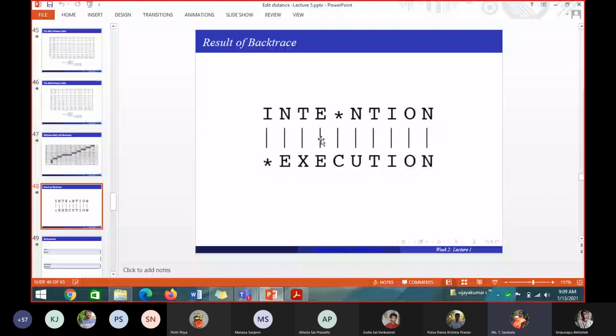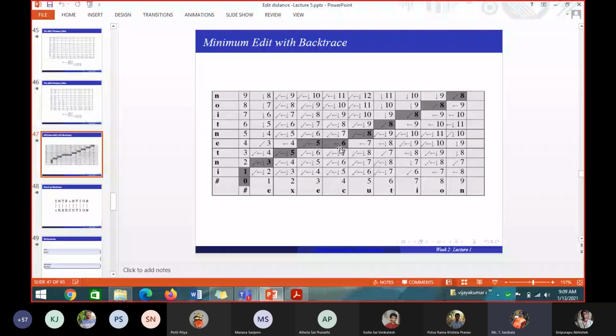Next, here only a problem comes. Can anyone tell me what operation I have to apply here? E is already done, but E has 2 values here. E cannot be replaced with C again because E is already done with some operation. E is E only. So which operation do I have to apply here?